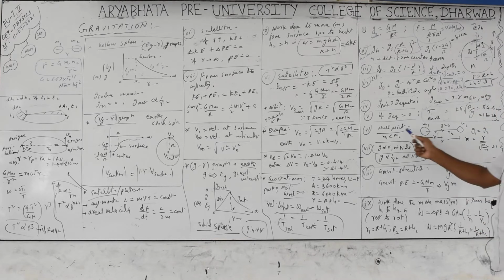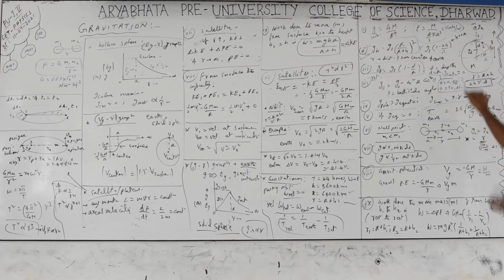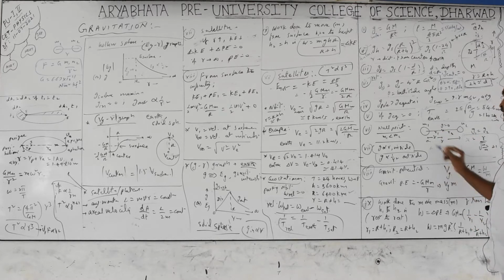Next is the null point or neutral point. It is just like the electric field relation, but compared to electric charges and magnetic forces, where attraction and repulsion are both there, in gravitation only attraction is there. That you have to check. The formula is similar to the previous cases. For electric charges, the null point exists closer to the smaller charge; here, the smaller mass. So m1 is less than m2, and this x is from m1.